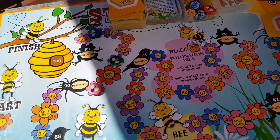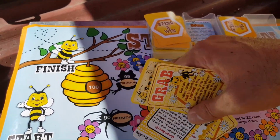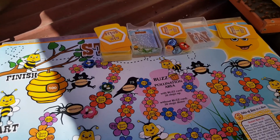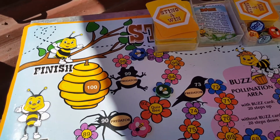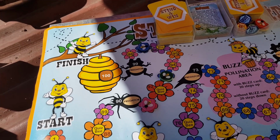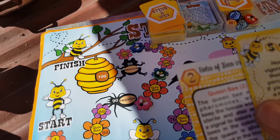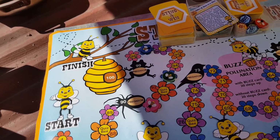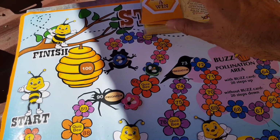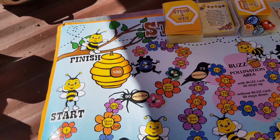And then it's the next player's turn. This player is at number 97, color blue. If the player plays number 2, he would land on the Predator, but he has a sting card, so he can do that. He can also use the favor or grab card, but he decides to play number 2. He uses a sting card, moves 2 spots, 1, 2, but still has the sting card, so he stays in the game. There are only 3 cards left, but the rule here is you only draw once. So this player draws another card,